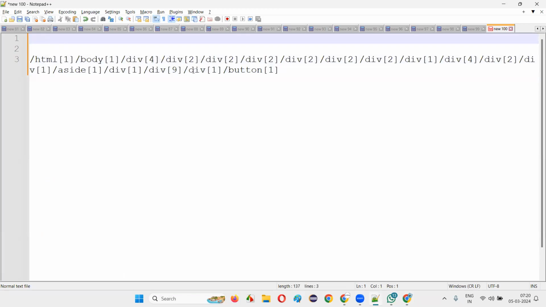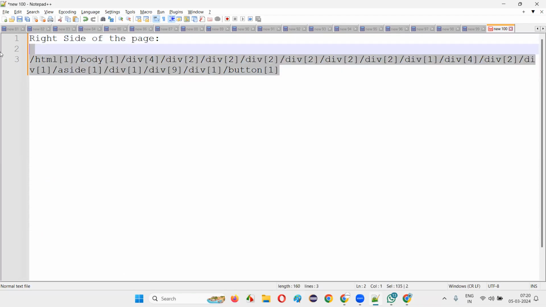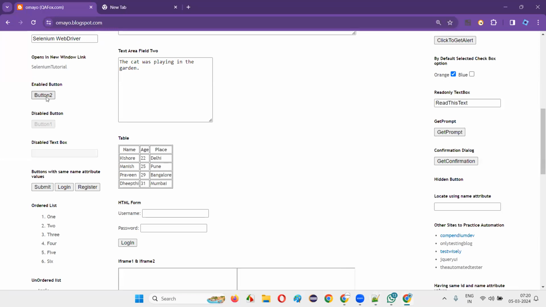absolute XPath expressions. This I have done when the button was on the right side of the page. When the button was on the right side of the page, I generated this absolute XPath expression for this particular button too. Okay. Now what I will do here is